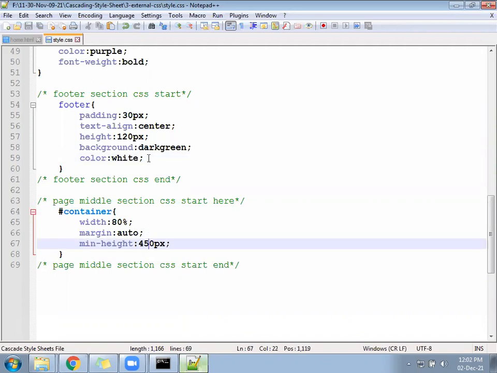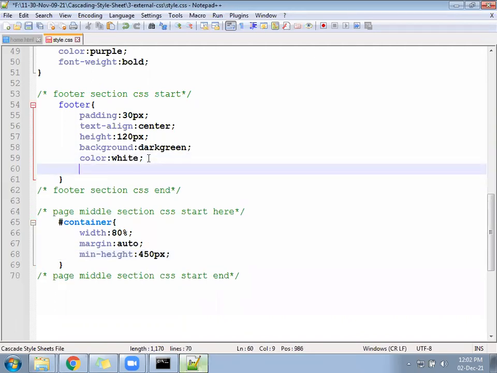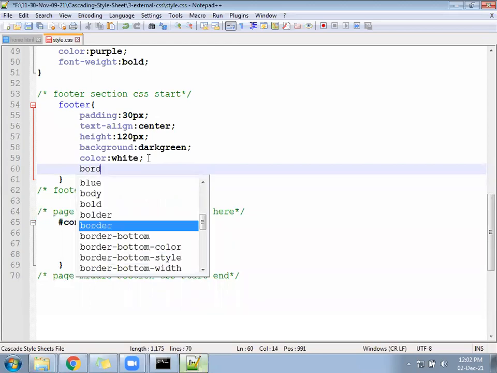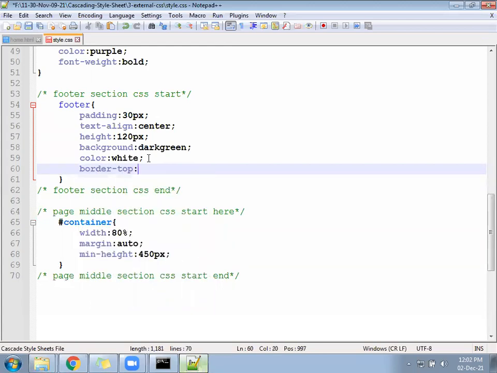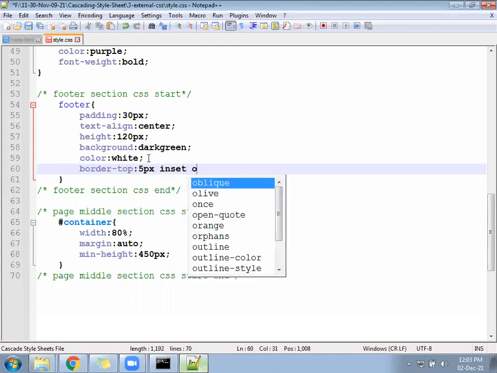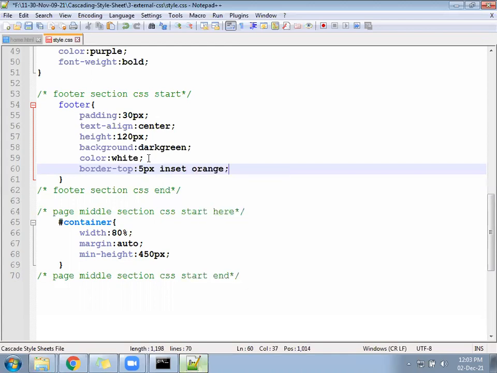Minimum height 450 pixel. And in the footer, we can write border-top. In the footer, you can write border-top 5 pixel solid, or maybe inset, orange color. So where the footer starts, one border will come. This container is going to take a total 80% of the screen size.